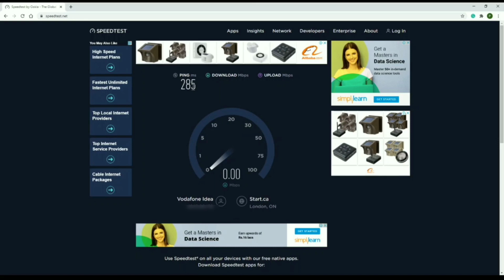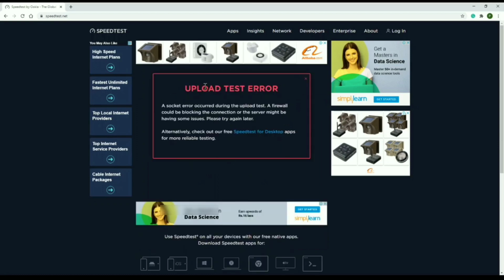So obviously you can see the ping was somewhere around 59 and now it's 285, which is quite high. And as you can see, there's a little bit of reduction in the bandwidth, but that's okay. Bandwidth is not a problem here. When you consider some networks, it will be a factor. Okay, then I got a better bandwidth than actual. Now if you see upload, it's taking time. Okay, there is an upload speed test error, so I'll try to change the server again.